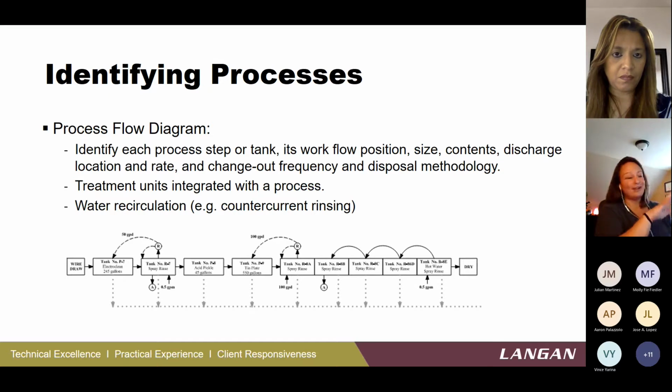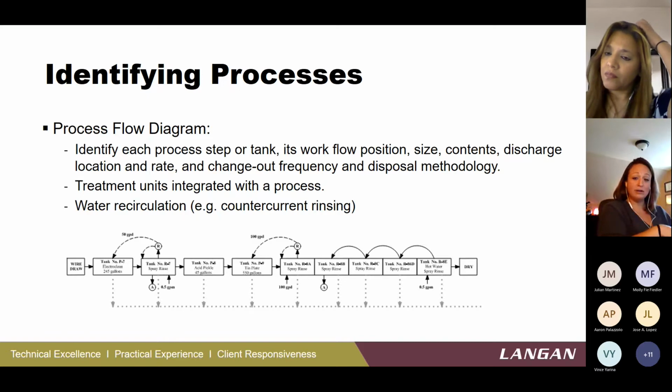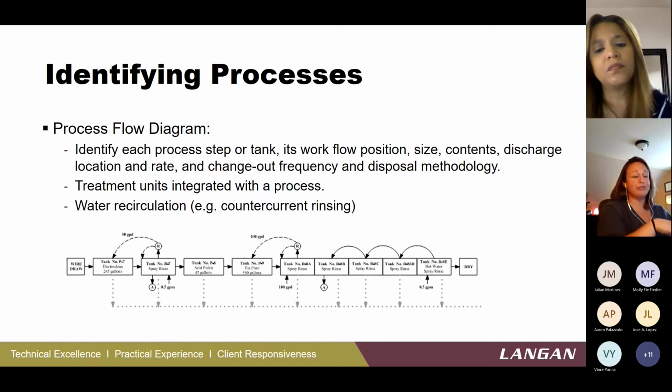So again, picking on plating shops. What I'm showing here is essentially a plating line, right? This is the process by which water, a part, and water moves through a process. And then we also show how water is reused: countercurrent rinsing, places it's recirculated, places where we might take a primary rinse and use it as makeup to a process. So really understanding how parts, chemistry, and water flow through your process.